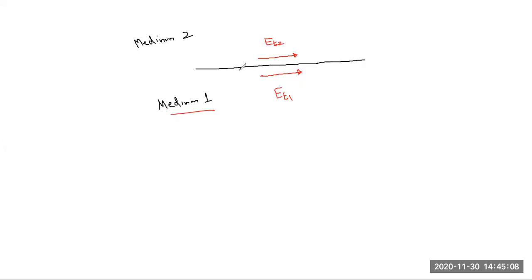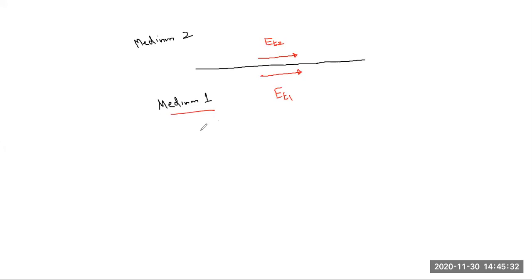So now our goal is to find out what is going to be the relationship between these two field components, which are in two different mediums, medium one and medium two. So now, again, making use of Maxwell equation. The Maxwell equation that we are going to use is the third Maxwell equation, and it was basically Faraday's